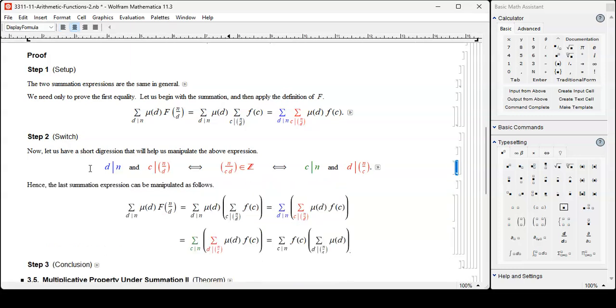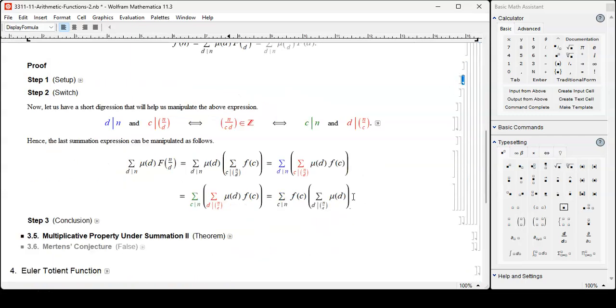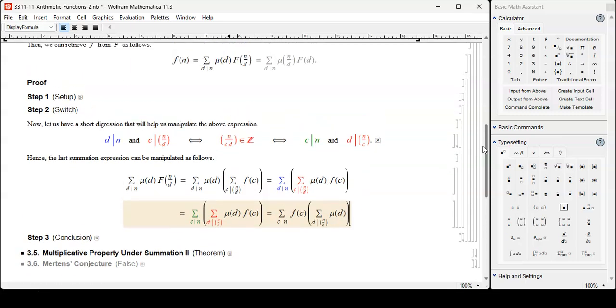Let's go back. D divides N and C divides N over D means C divides N and D divides N over C. That's what we did here. Blue-red, you can rewrite it as green-red. But more or less the change of order, C first and then D later. And then get this f of C out, we get this. We're not done yet. We're still not done yet, but we got closer. How close? Let's use